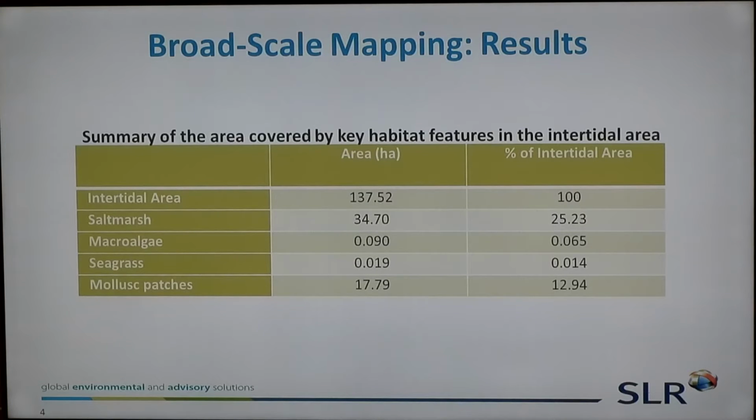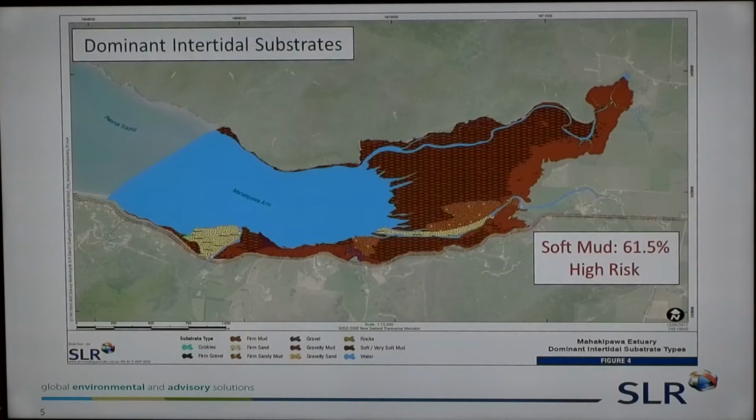So as we were saying earlier, there is a high prevalence of soft mud in this area, very similar to Kioma and Havelock. These hashed areas here are the soft muds. Firmer muds up in these top areas around the salt marsh communities tend to trap the sediments and make them more stable. Around where the creeks are coming in here and here, we're getting some firmer muds and sands,